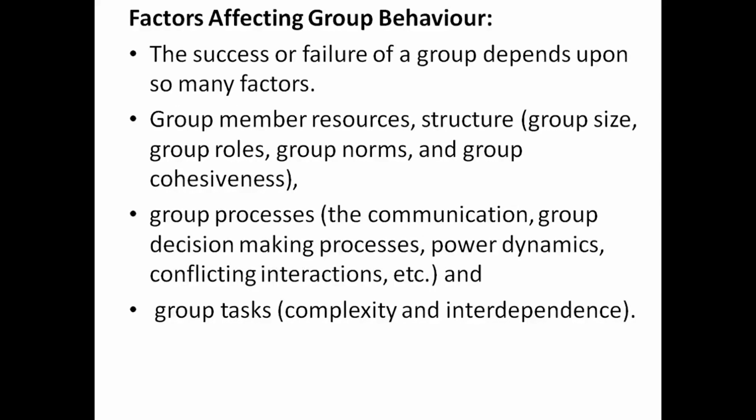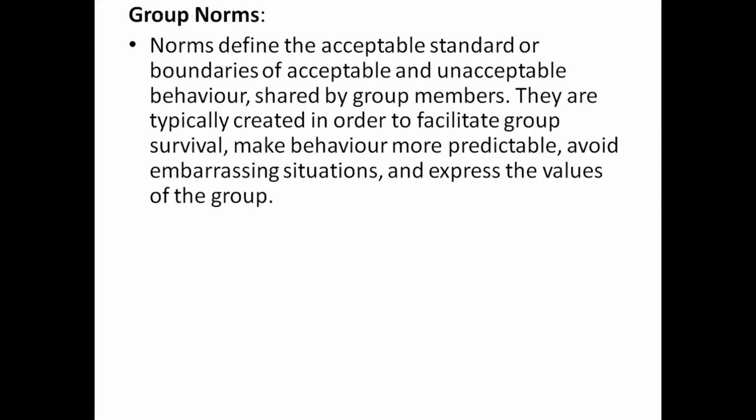The factors affecting group behavior. Success or failure of a group depends upon so many factors: the group member resources, the group process like communication, group decision making process, power dynamics, and group tasks like complexity or interdependence. Group norms. Norms define the acceptable standard or boundaries of acceptable and unacceptable behavior shared by the group